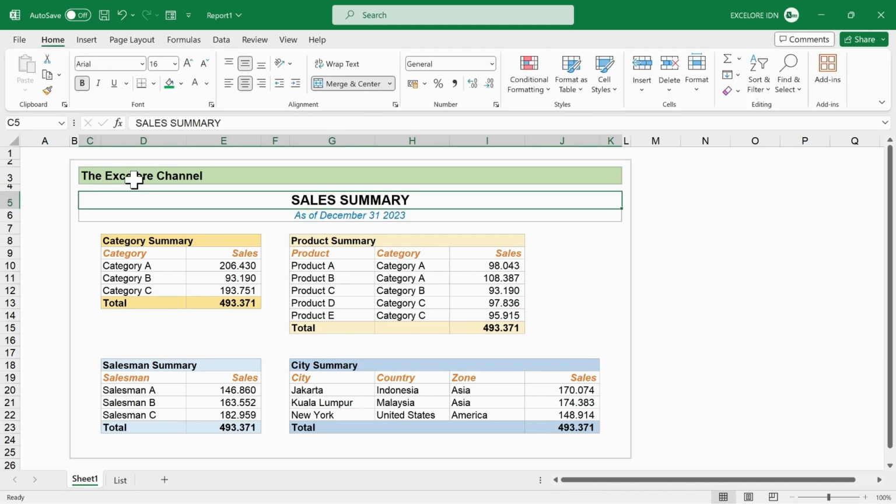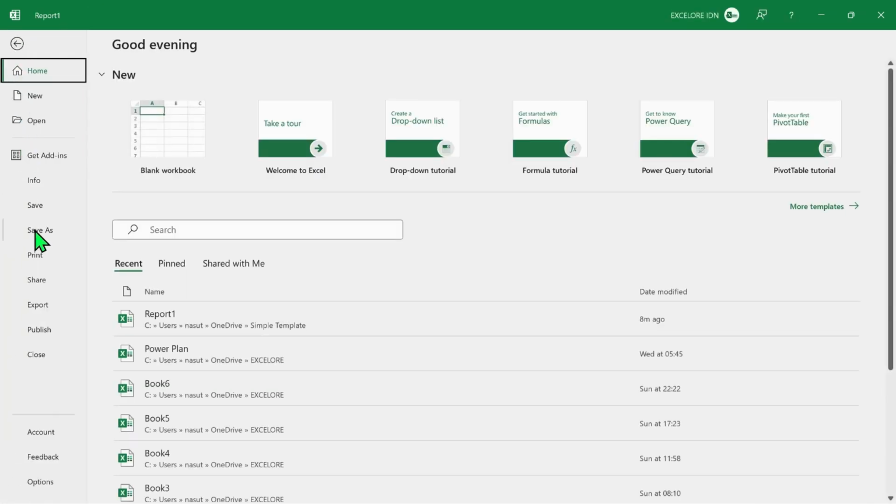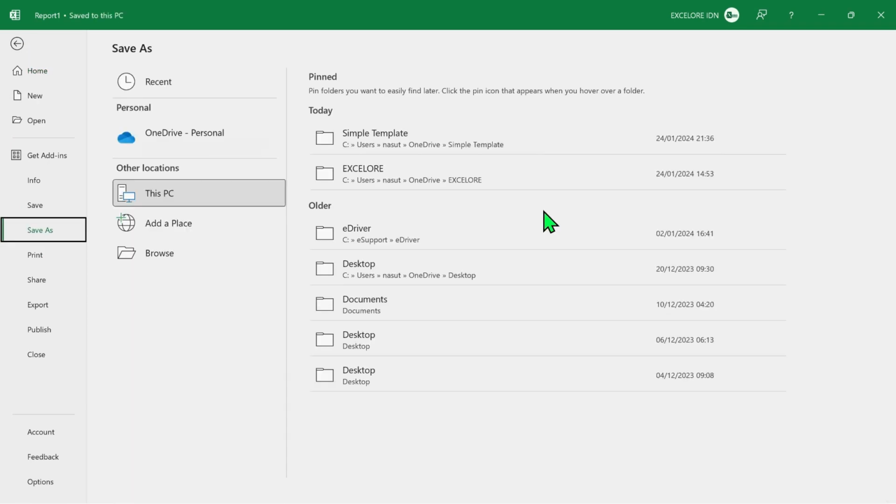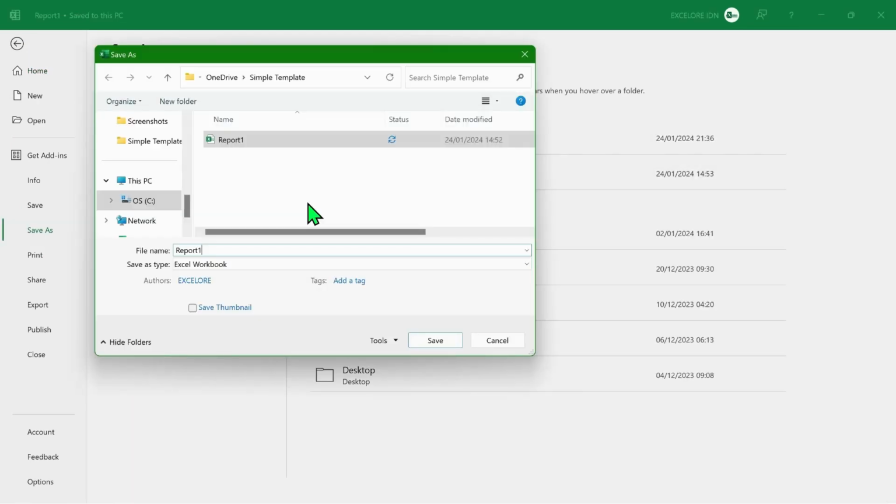To save your data, simply click on the Save button, or alternatively, activate the autosave function. It's also possible to save the workbook to another destination or under a different name or file format. To do this, click the File tab. Select Save As. Then in the Excel window, select the storage folder. In the Save As window, type a new name for the file. After that, press Save to continue or press the Cancel button.